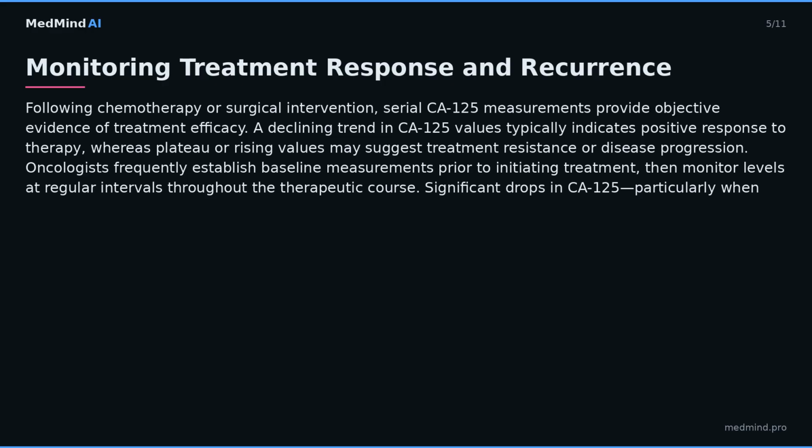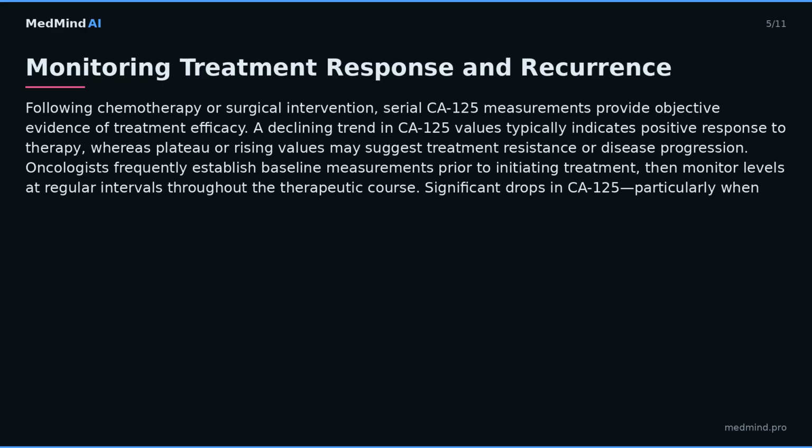Oncologists frequently establish baseline measurements prior to initiating treatment, then monitor levels at regular intervals throughout the therapeutic course. Significant drops in CA-125, particularly when combined with clinical improvement and radiological evidence of tumor shrinkage, correlate with improved survival outcomes. Conversely,